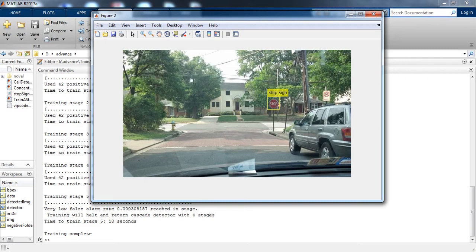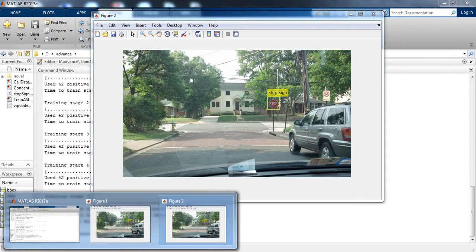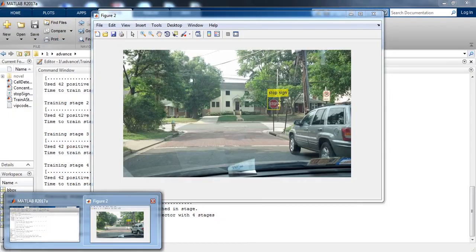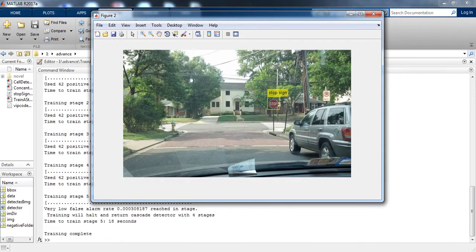After completing the 5th stage training, it gives us the output: there is a stop sign, and it is detecting that stop sign and representing it with a yellow square box, and it's written that it's a stop sign. So that is the output.